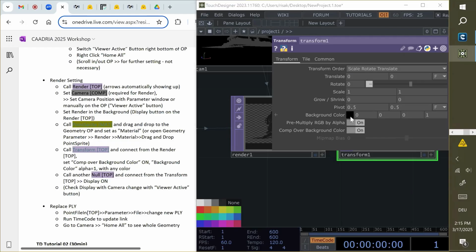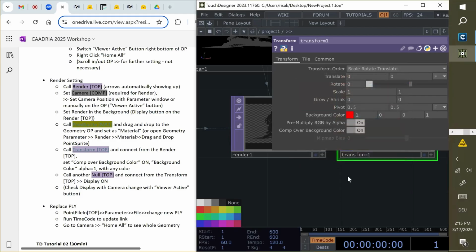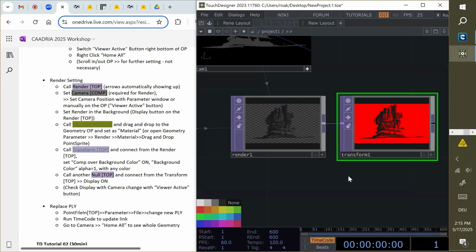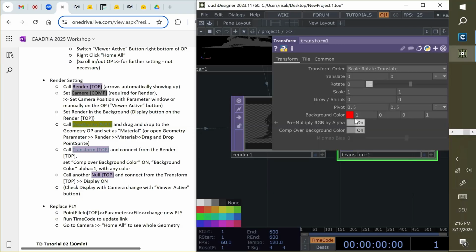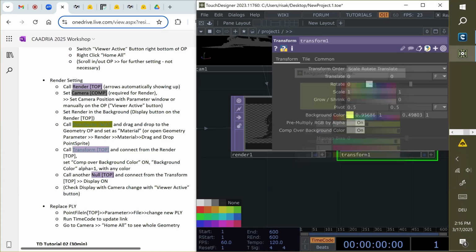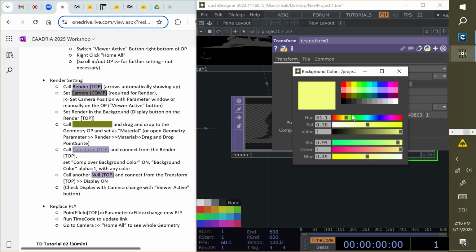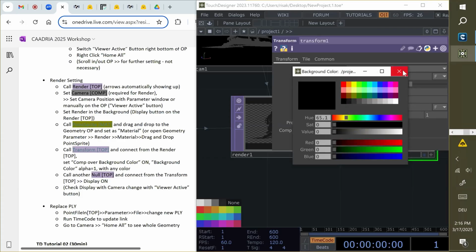You can also change here something like red, just as an example. You can also change any color here. I just go back to black right now.